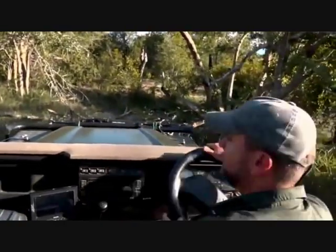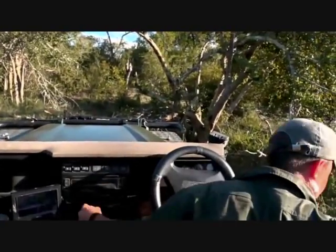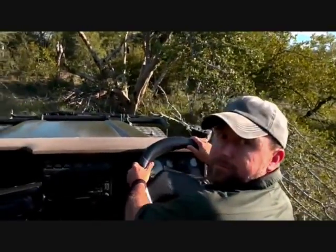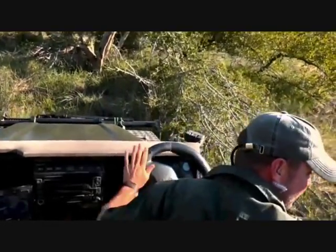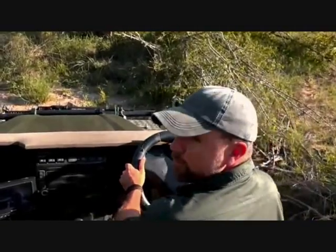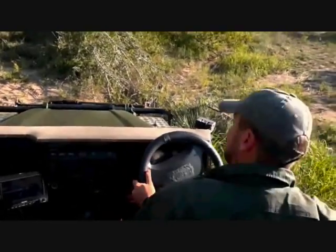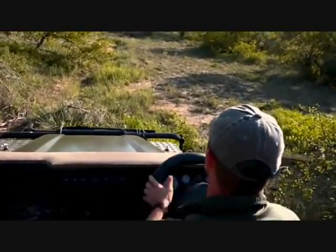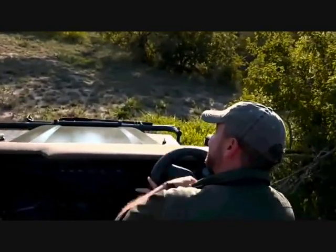It was fine enough getting in frontways, and now we're going backwards, so might need some repairs on the tyres later. There were some thorns there. Watch your head, Vildi. But just reversing up, she was busy calling the cub last we saw her, and then she moved across and away from us down into the drainage line. So love these little short wheelbase Land Rovers. So while we reposition ourselves and see if we can find a nice little place to see these beautiful cats,